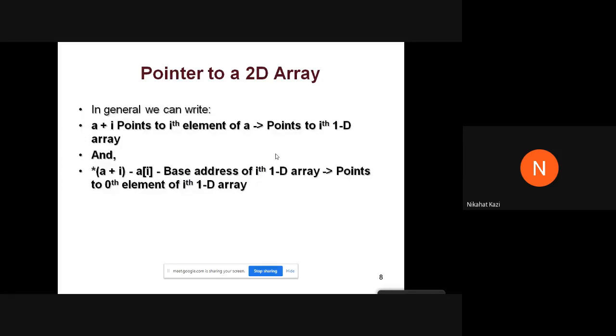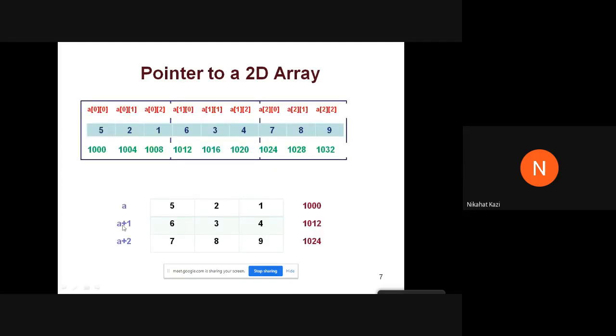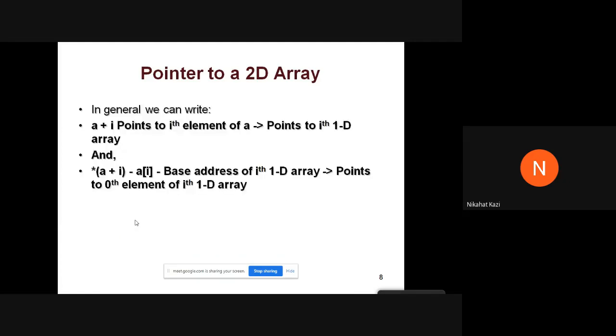The star of A plus I will give me the base address of the ith 1D array, or it will point to the 0th element of the ith 1D array. For example, in this figure, if I say star of A plus 1, it will give me the base address of this array, that is 1012. It will be an address. So both the expressions A plus 1 as well as star of A plus 1 will give me 1012 as the answer.